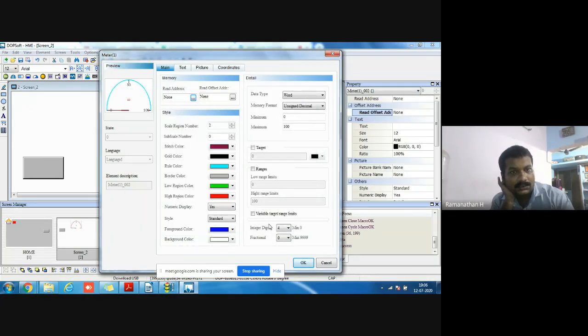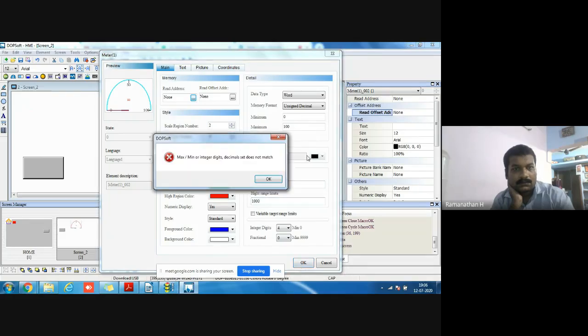And here also we set the ranges. We want to set up to 1000.